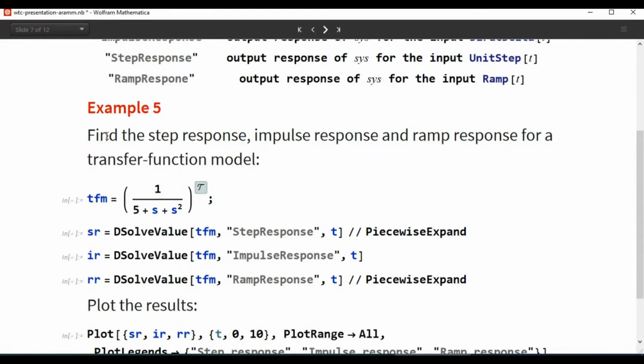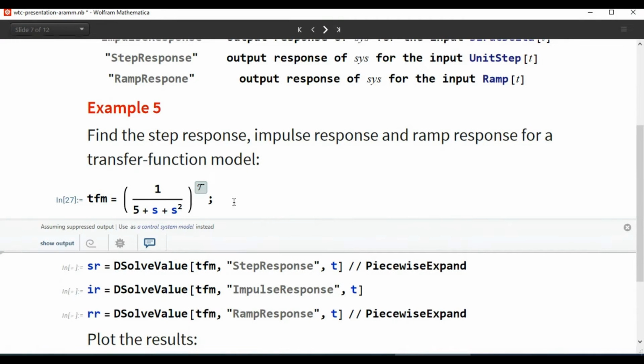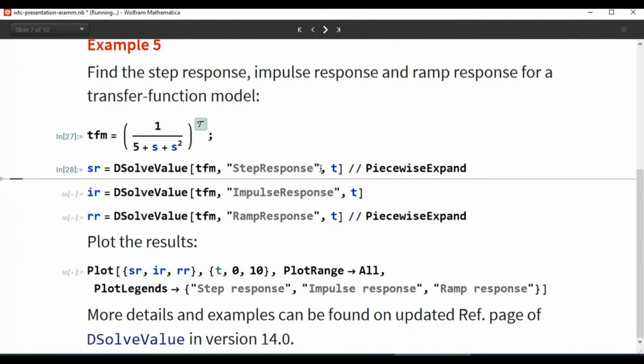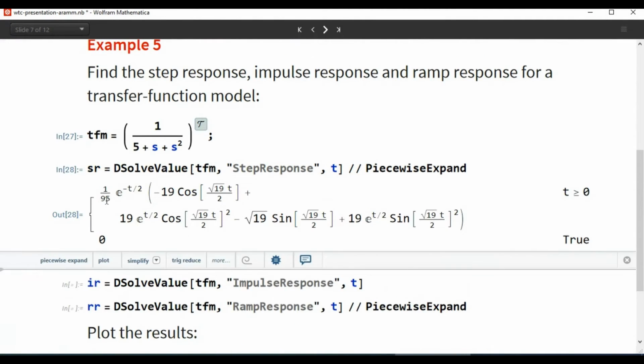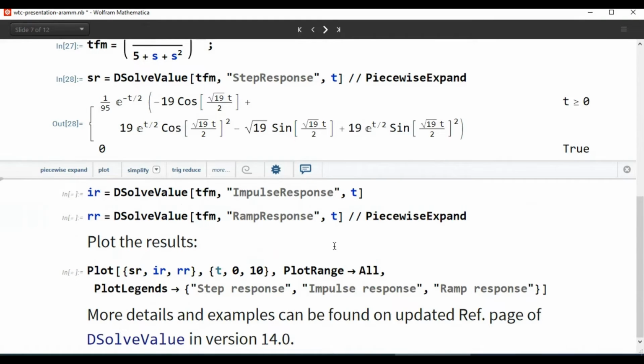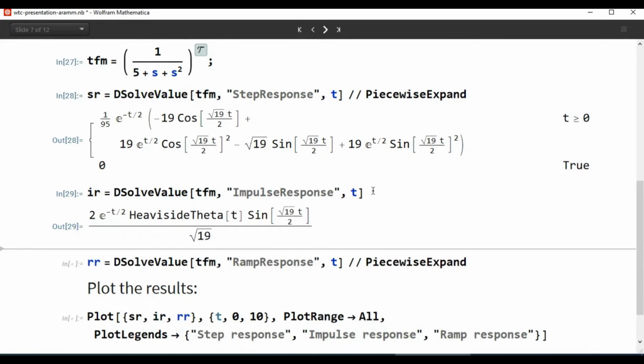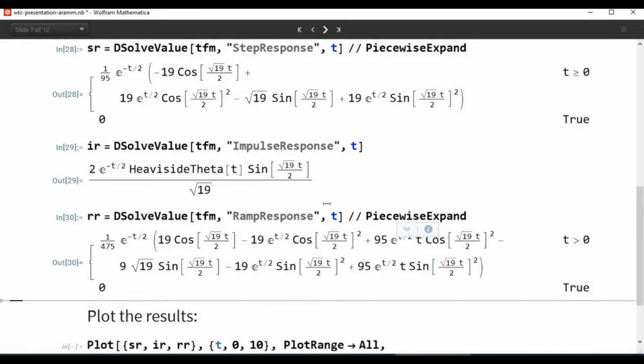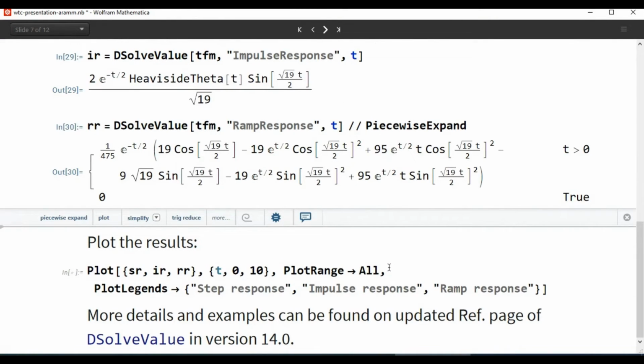Let's try to calculate the step response, impulse response, and ramp response for a transfer function model presented here. So let me evaluate the transfer function model. And now to get the step response, I will write DSolveValue, the model, step response, and t. Which will be the step response. Next line will evaluate impulse response, and third line will evaluate ramp response. And also we can plot all the responses together